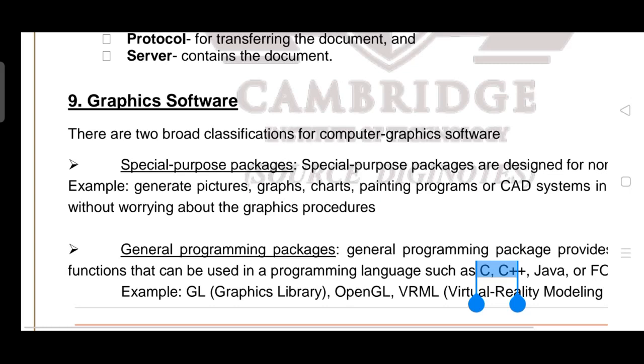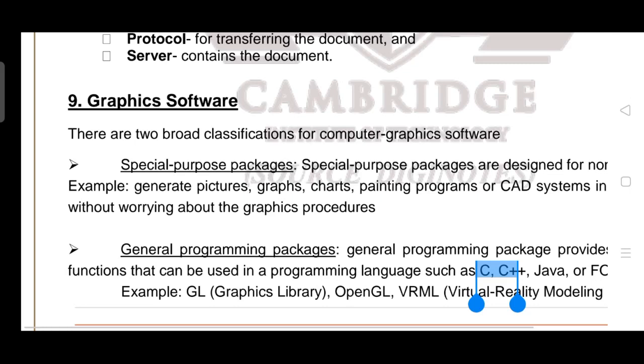We have all studied CAD in the first or second semester. In that application, you have not considered any programming, right? That was not related to any programming, because everything was programmed before, and a ready-made tool was given. Your job was just to select whichever object you want to develop and divide that object into sub-objects. So if you want to use a line, or a cube or rectangle, whatever it is, just select them from the toolbox and use it, that's it, right? That is called a special purpose package.